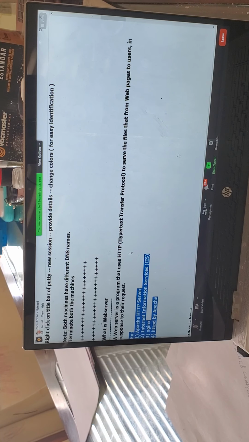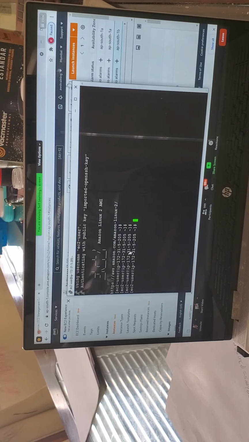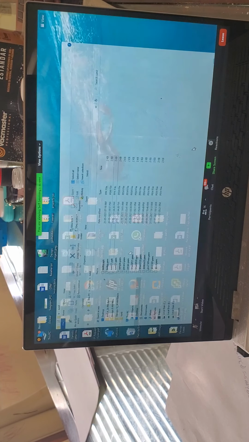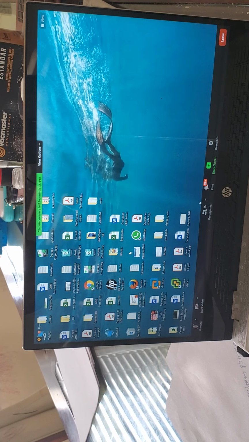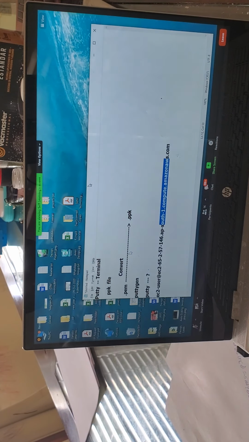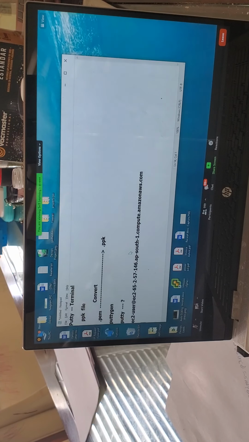Let's make the concept of web server very simple. Friends, try to understand.